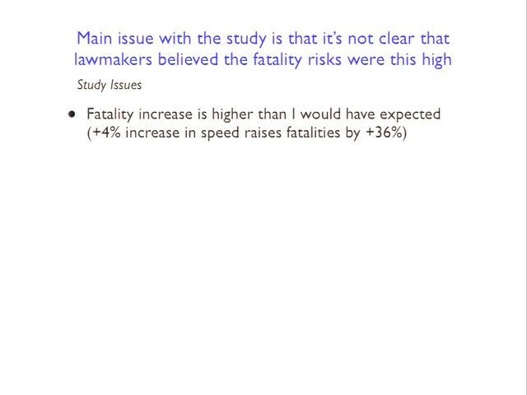And it's not clear to me how lawmakers would have known the risks prior to this study. So the whole idea behind the study is that these legislators actually know what the risk is, what the change in fatalities is going to be from increasing the speed limit. And in their heads, they're doing this trade-off where they're optimizing how much risk they're willing to take, or how much risk they think the public is willing to take, versus how much the public